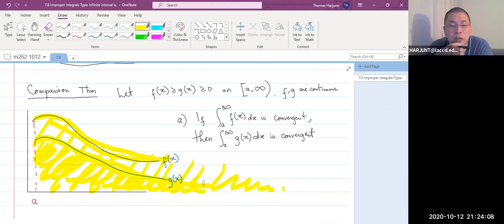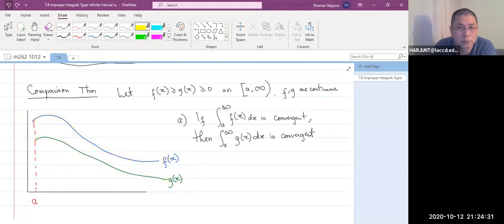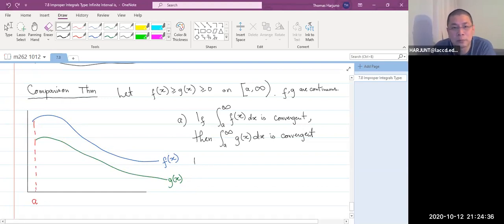Okay, try to make sense of that. So to show that this kind of integral from a certain number to infinity is convergent, what you can do is you bound it, find another function greater than that, but is convergent. Second, if the integral of the smaller function is divergent,